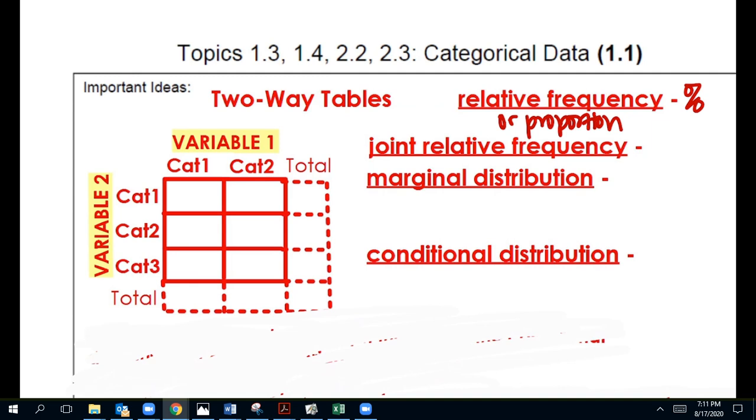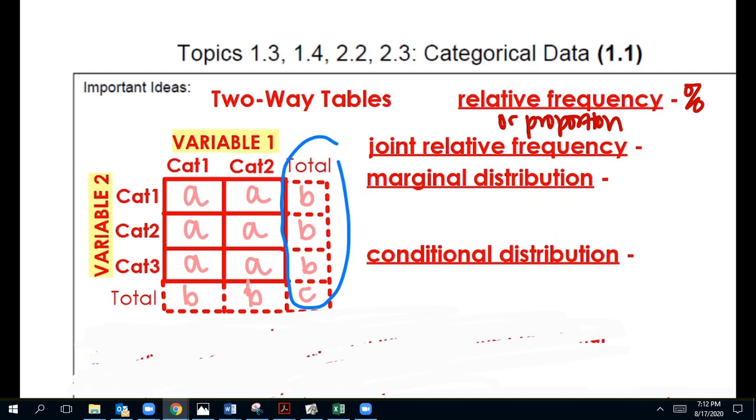So what I'm going to do is label each of these. I'm going to put a little A here. We're going to label all of the insides as A because they all have the same kind of properties. Then we have B on the outside. And then we're going to make the table total C. So don't forget that the totals are not part of the original table. That's why they're dotted lines. They're the margins